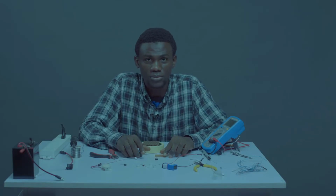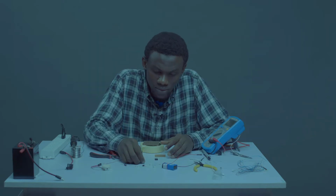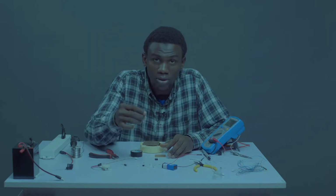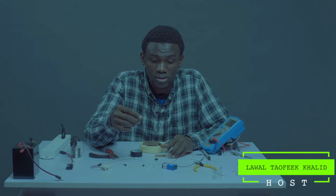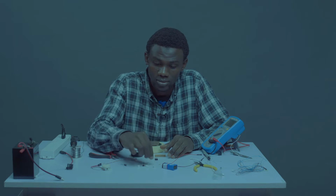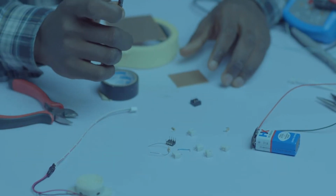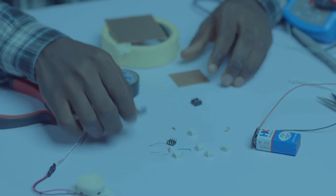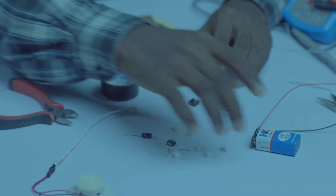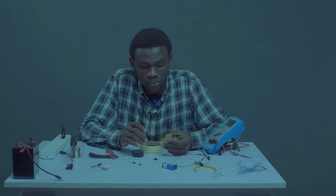Welcome to another episode. In this episode, we'll be making a doorbell. I'll be needing a 47K resistor, a 1K resistor, socket, jumper, 555 timer, 22 farad capacitor, battery, buzzer. So pick up your ferro board,